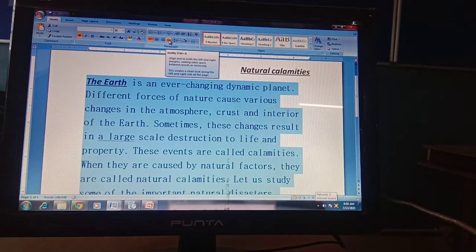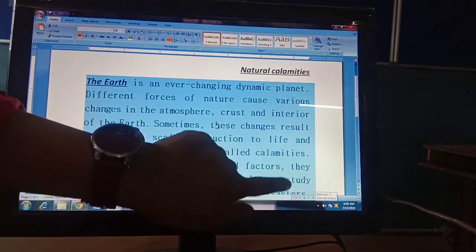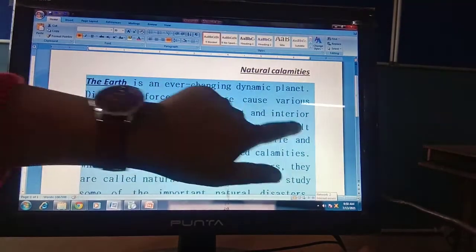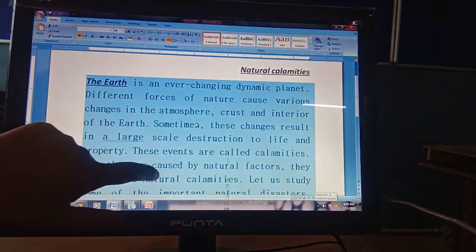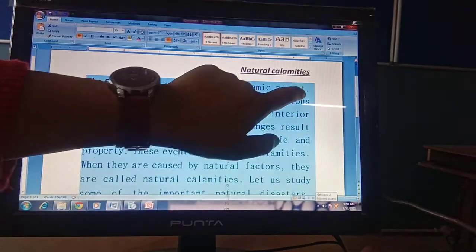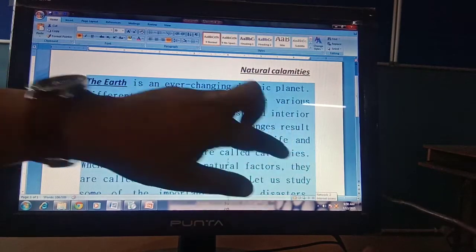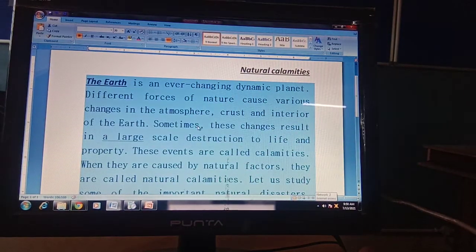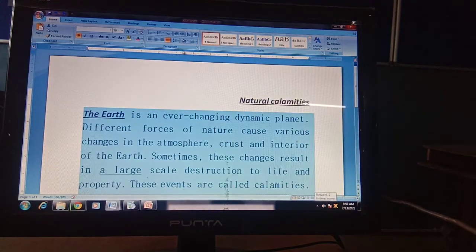So you have to click on the justify alignment. Your text is now aligned properly, justified from both sides. Now you are able to see the difference, the line endings are now aligned properly. So this is your justified line.